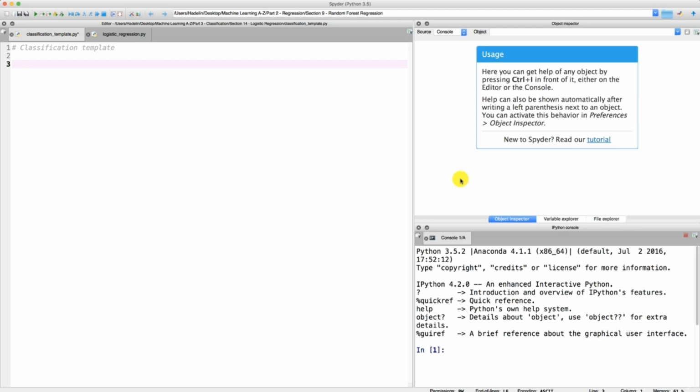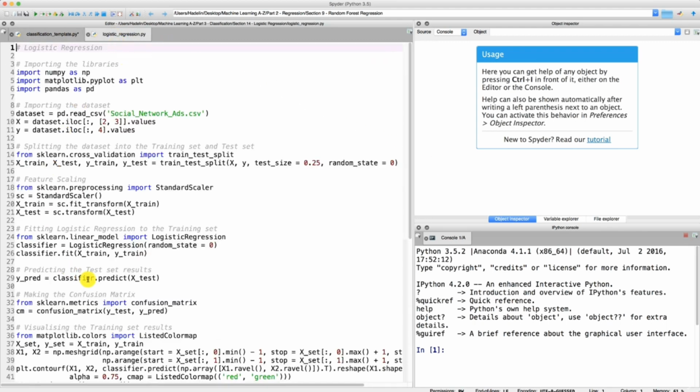And we will make this template from our logistic regression model because, as you can notice in this model that we just built in this section, the only time that we code something about logistic regression specifically is just in this section. Indeed, the rest is purely generalized. For example, when we predict the test set result, we don't use any class or function specific to logistic regression. We use this classifier here, which is indeed the classifier of logistic regression, but what we'll do in the